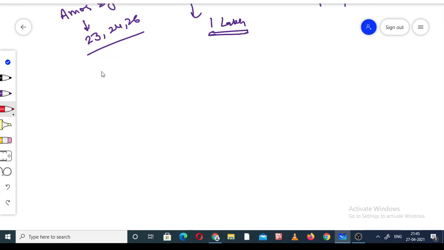Like we discuss the analysis in research, three types of analysis will be there. The first one is the univariate analysis, the second one is the bivariate analysis, and the third one is the multivariate. So what is all this? Very simple.